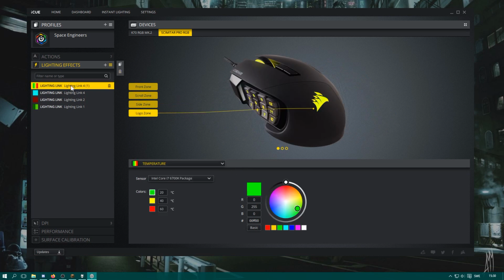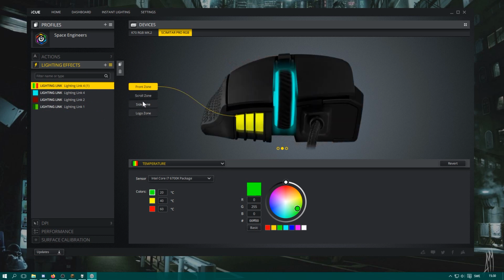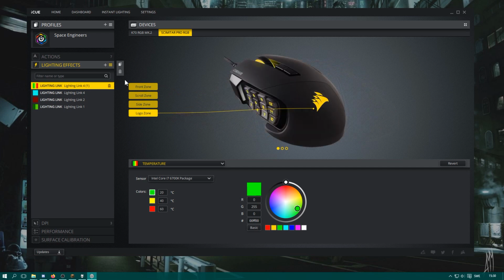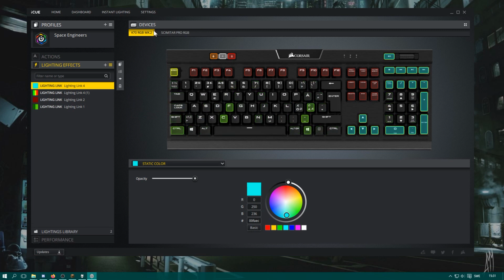Now you can see when we added this new one again, it automatically selected all of these. So I need to unclick these. When you add a new lighting mode in keyboards, it will automatically apply it on all the buttons here. So now my mouse was basically a big thermometer, which I don't want, so I'll just unclick those again there. So when you do changes, you basically have to go to your mouse again and set it back. So you can assign any lighting effect to any of these. It's pretty straightforward. Well, it is a wonky but straightforward little